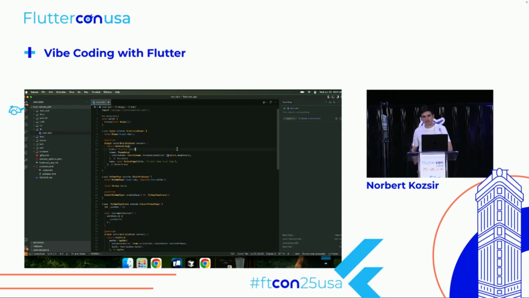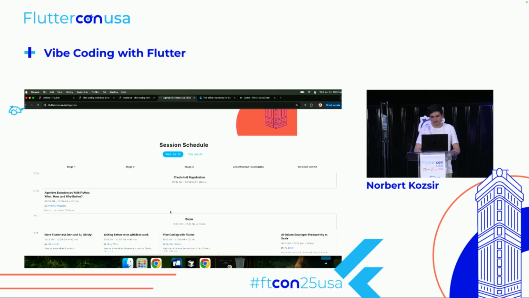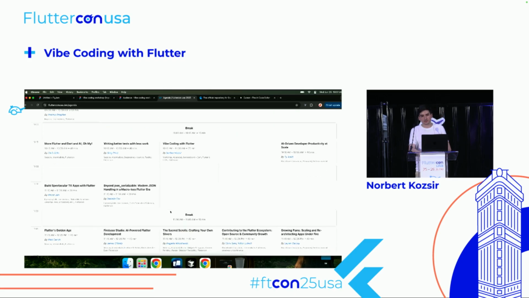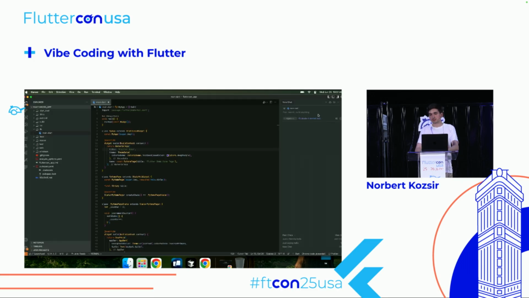So, we cleaned this up, and the first step is we need to get the data from the conference. We're using Cursor, we're writing code, but AI is not constrained to an IDE. We have a bunch of different tools that we can use. For example, if we go to the agenda, we need to have this data. I hope this works. I haven't tested, but I have a fallback method. We should be able to just copy this link and put it into Cursor.